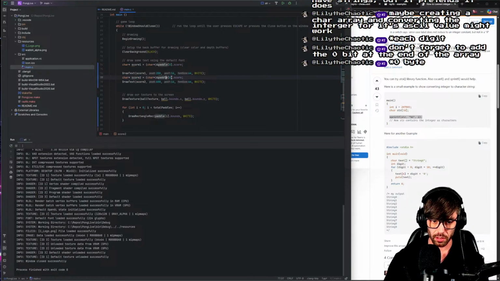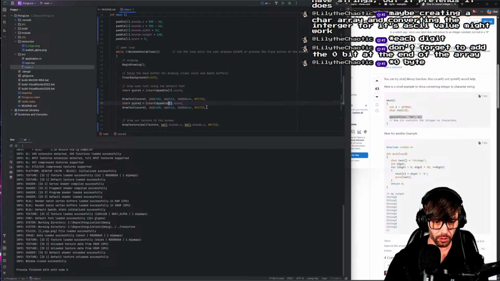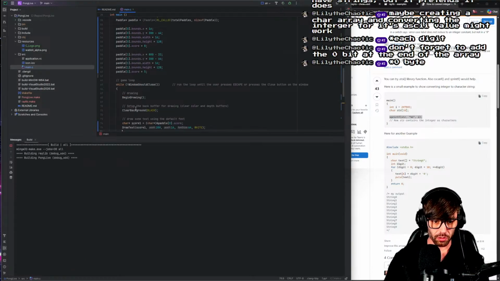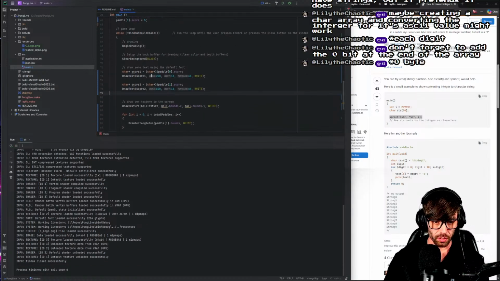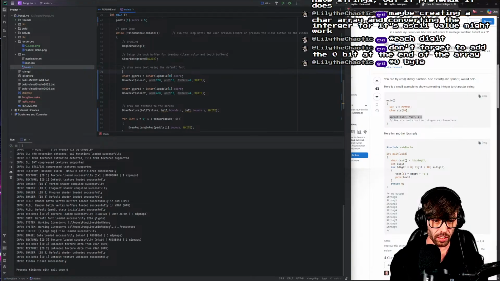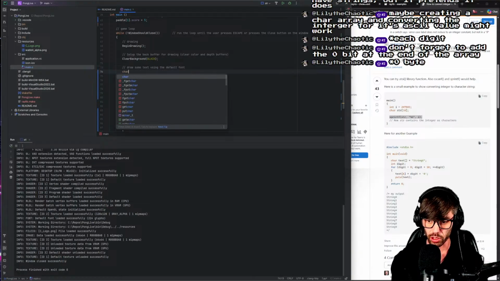All right, well, we at least have our first struggle: converting something to a string. No. And indeed, you're completely right. Then we need to use a char